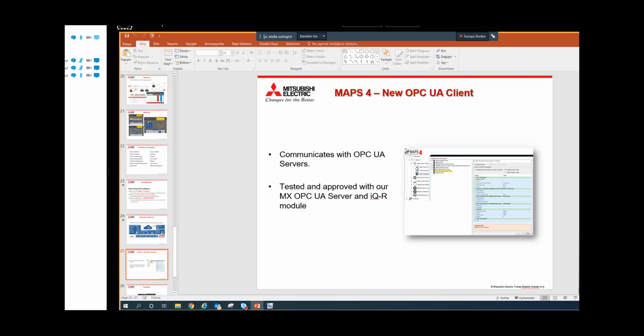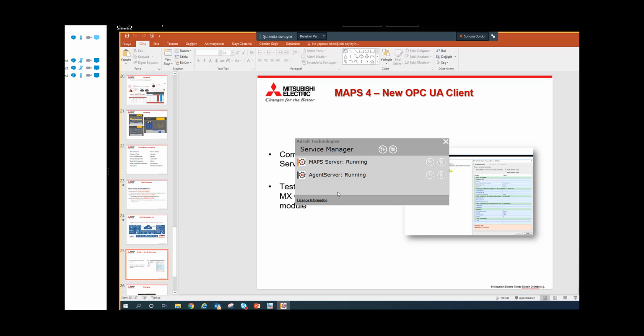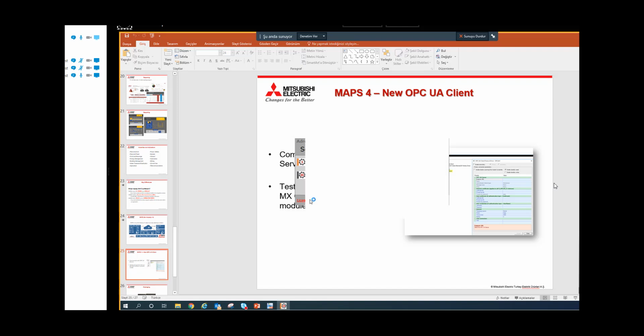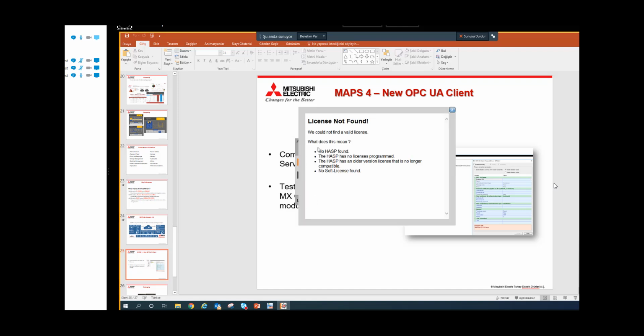In here, you can see the license information tab. When you click here, you will see license information. For now, I don't have any dongle in my PC. That's why it says not found. In here, when you purchase the license, it will